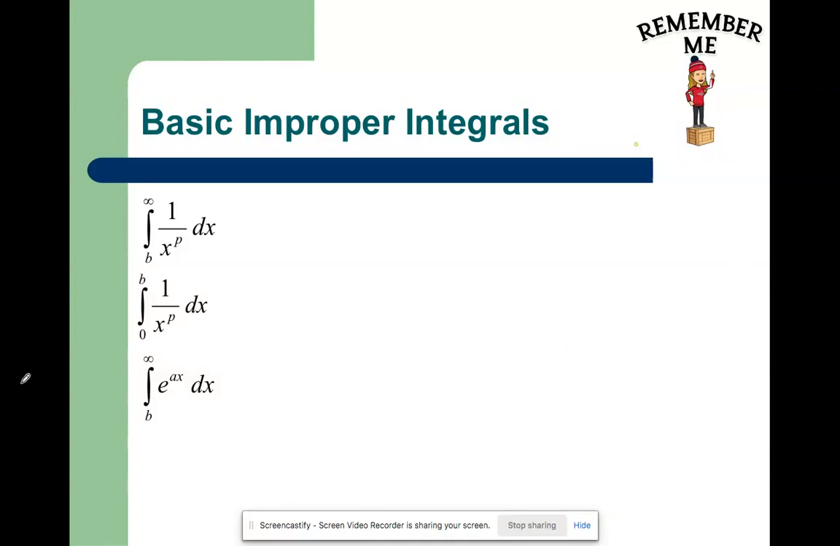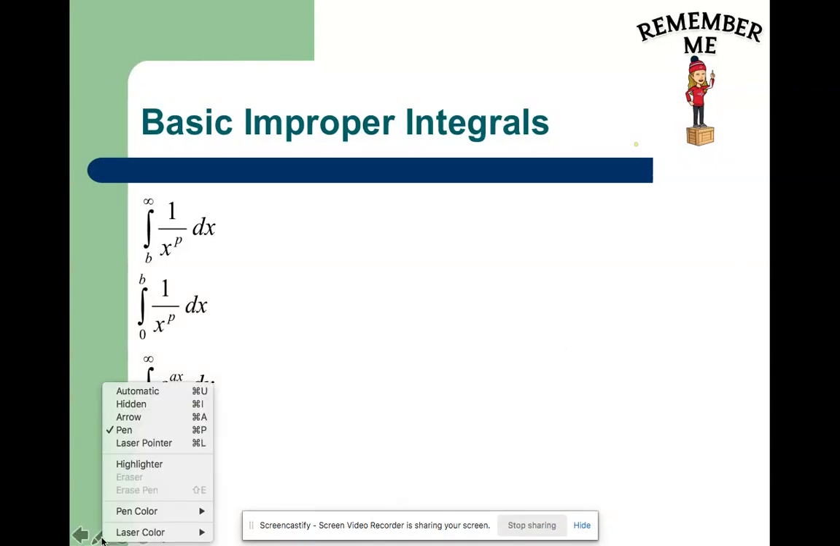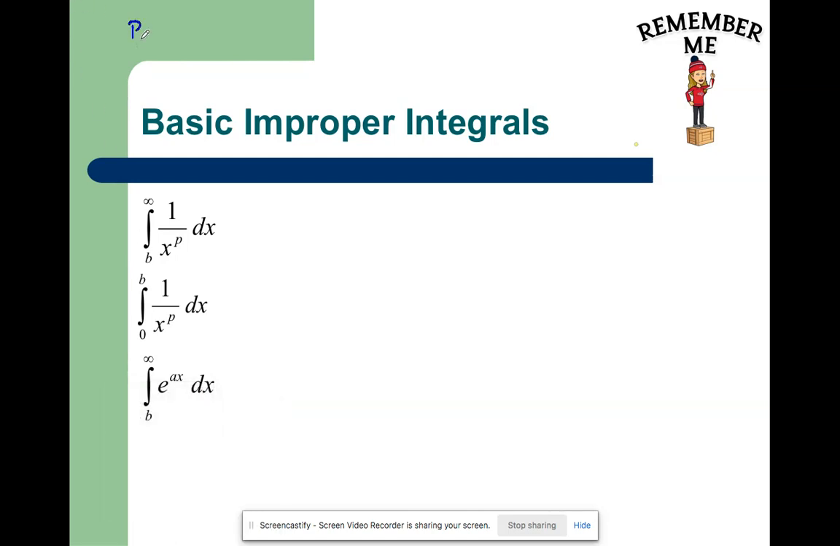Hey kids, time for another day of improper integrals. Our big idea for today is how do I avoid integrating when I'm doing an improper integral? So, in other words, what if I just want to know whether my improper integral